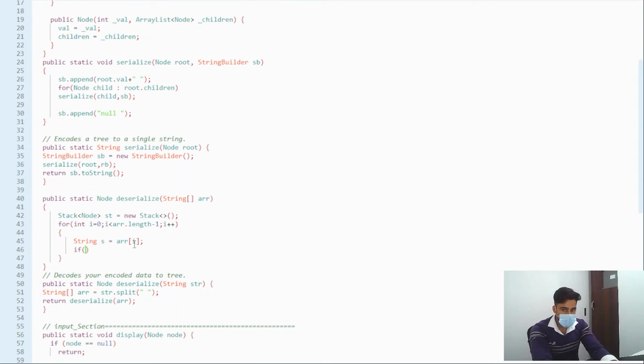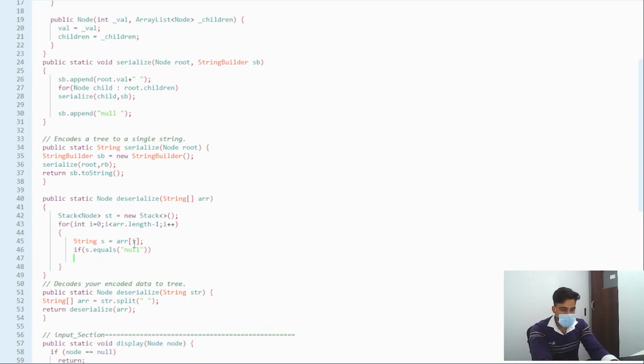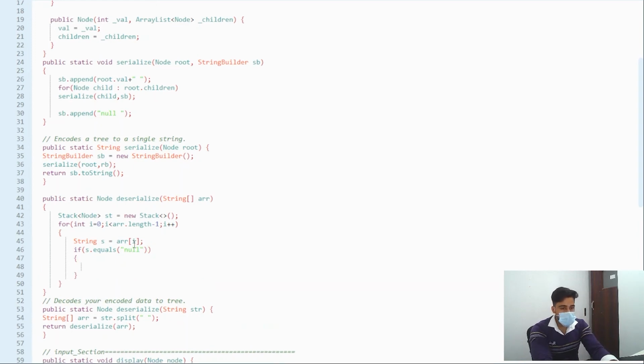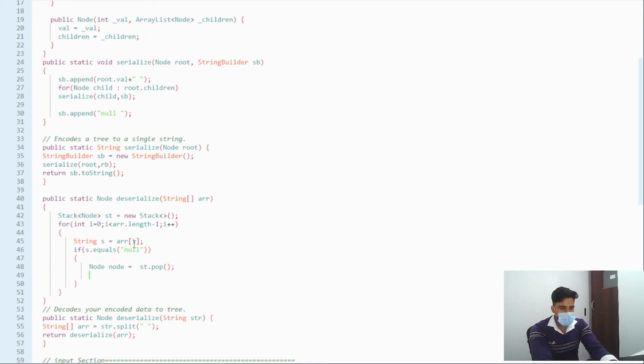Now after getting that value, I need to check whether that value is equal to null, whether that value is a delimiter. If it is a delimiter, I just need to pop a node from the stack, Node st.pop, and update st.peek().children.add node.